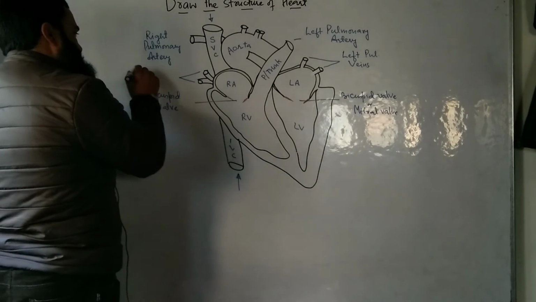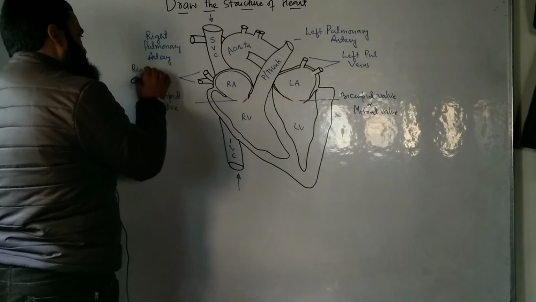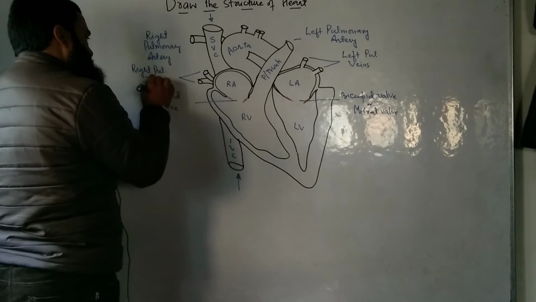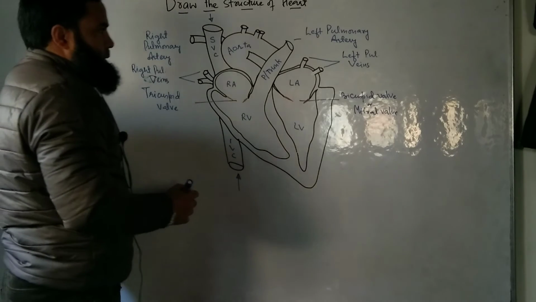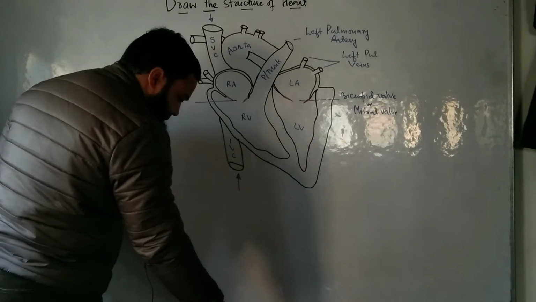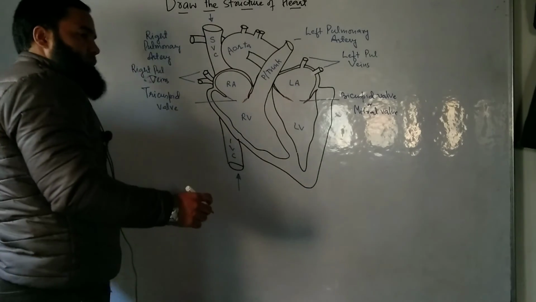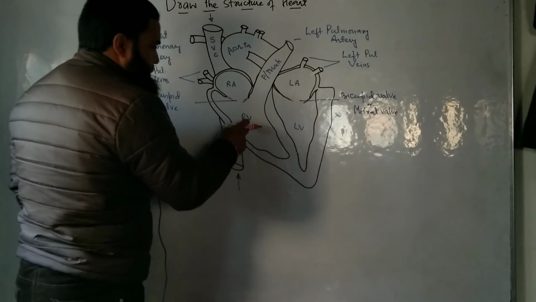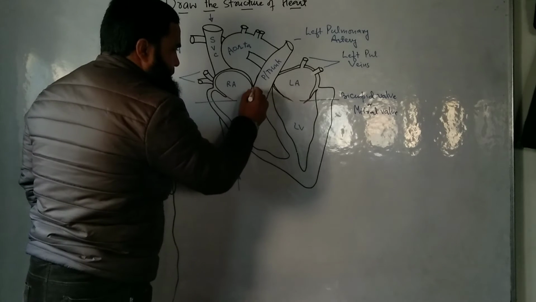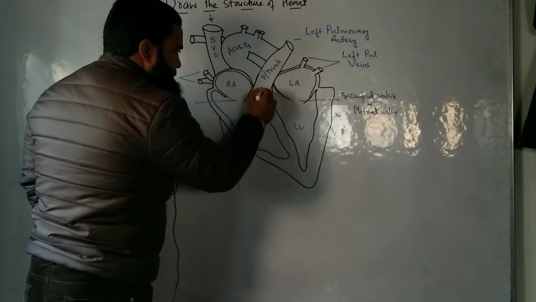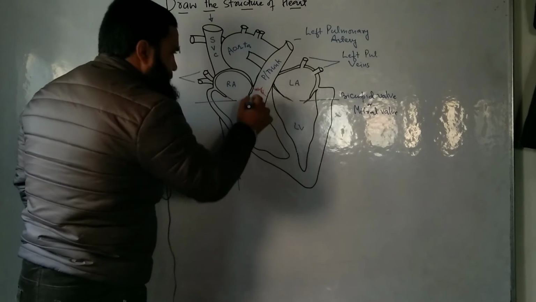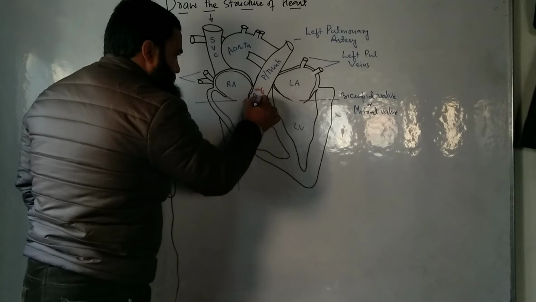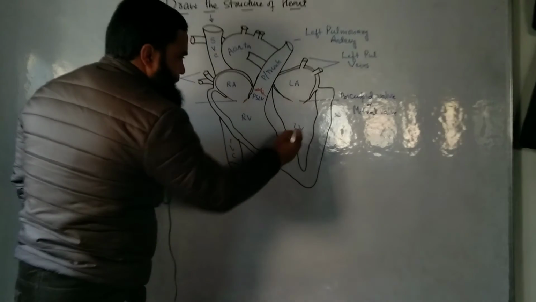This is called the right pulmonary veins. And there is a presence of valves. They are called the semilunar valve. Here on the right ventricle there is a valve called the pulmonary semilunar valve, PSLV. And on the left ventricle here